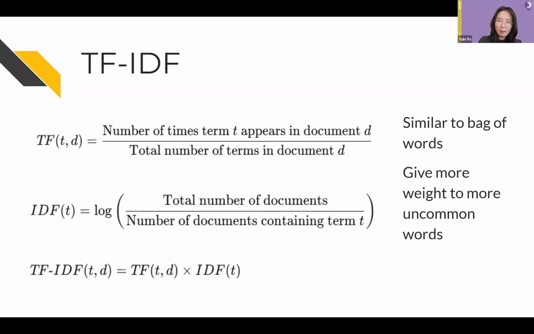Next, we have TF-IDF, which is a very similar model to bag of words, except it gives different weights to different words, and it gives more weight to uncommon words. It's a combined metric of how often the terms appear in the responses, which is the term frequency part, and in the entire corpus, which is the inverse document frequency part. It assigns scores to words, adds up all the scores within a text response,